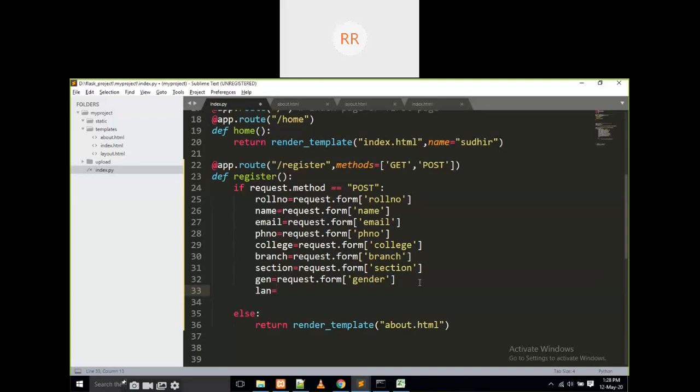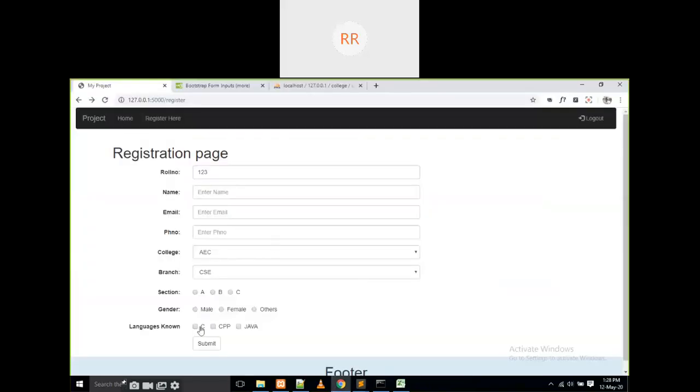Then lan is equal to, we cannot write it like this. We cannot write languages like this. Why? Because it is a checkbox. A checkbox does not have a single value; it is a combination of multiple values. For example, here I am going to check more than one. C is one value and CPP is one value.